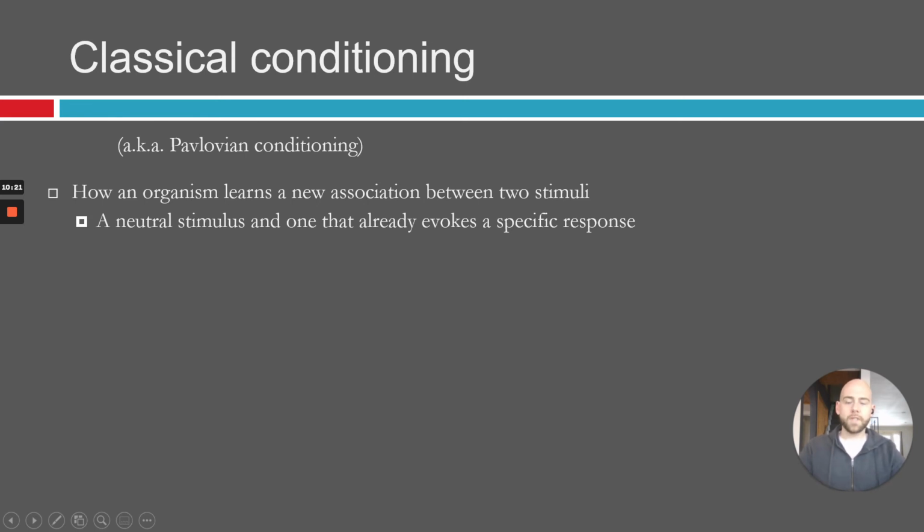So classical conditioning is basically how we learn about associations between things. Like, that when the sun comes up, it's going to be light outside. You know that when you pinch yourself, you're going to feel some kind of pain. You have these associations between different events, basically. And the way that you can test this and really model how this works is by giving people some kind of neutral stimulus and pairing it